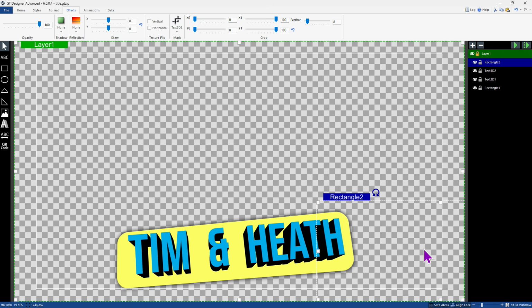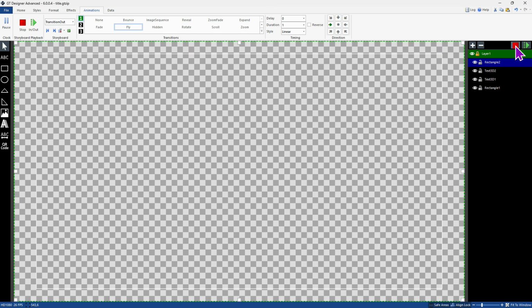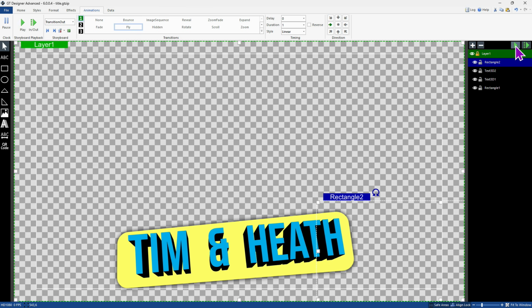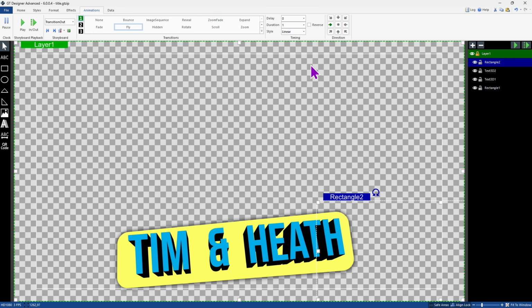The last piece of the puzzle is to make it fly across, and so if I go to Animations, I've set this to fly and to travel from left to right, and on transition out, I've repeated that same process, and if I hit play, you'll be able to see that shimmer across. It's a little quick to show you, but you can see it as it shimmers back,